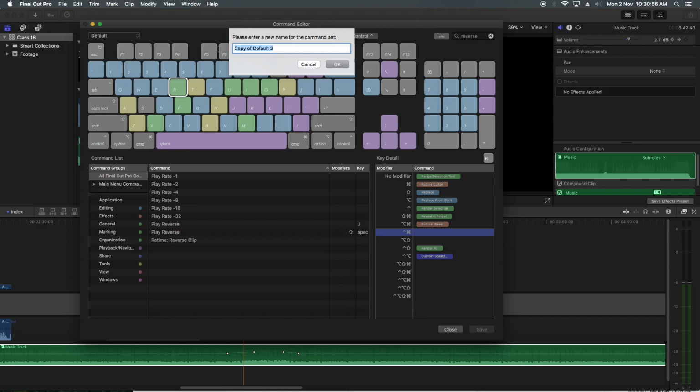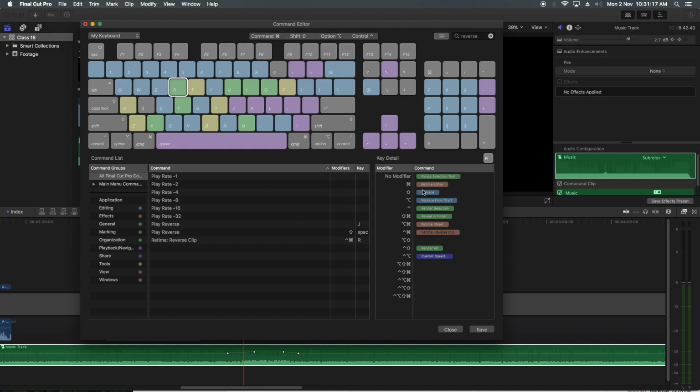Let's say my keyboard command, okay, and I'll make it OK, and it's automatically defined there. Now I'll press save and close.